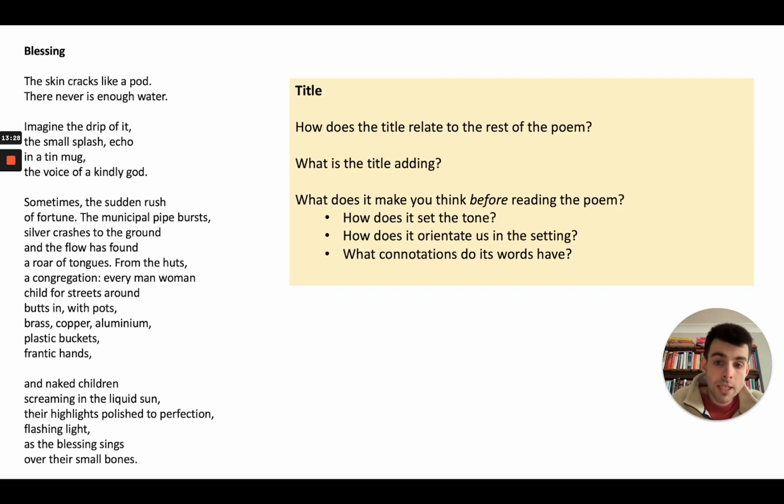Okay, the title. This is one thing to really focus on, particularly in an unseen poem, because I think it's your first clue as to what the poem is going to be about. So here are some questions for you to think about. I'm not going to apply this to Blessing. You can think about this in your own time and about any of the poems that you practice on. How does the title relate to the rest of the poem? What's it got to do with the poem? When you've read the poem, you can work out why that title has been chosen. It's a significant structural choice that the writer's made, so it's something to think about.